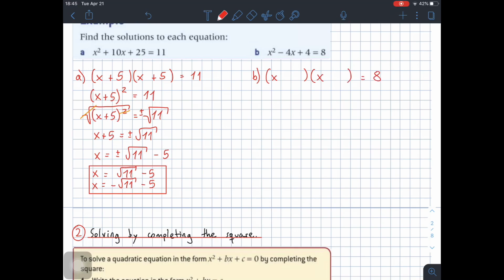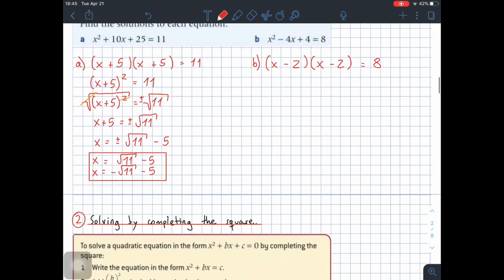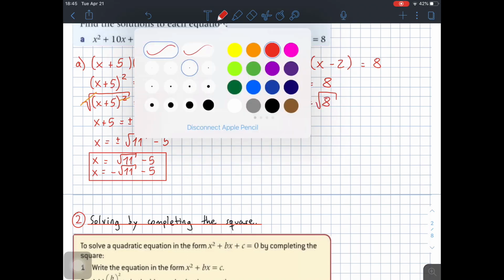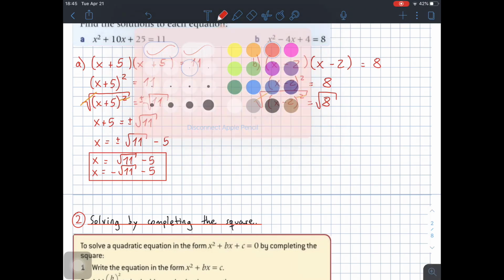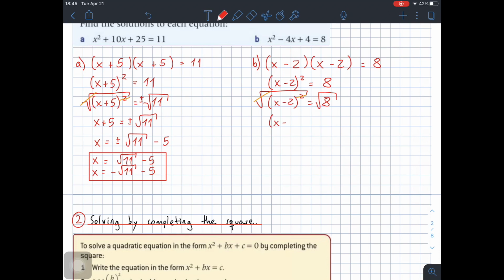So a pair of values that multiplied give me positive 4 and added negative 4. That will be negative 2 and negative 2, right? So once again, I get the same thing, x minus 2 squared equals 8. And then I apply the square root to both sides of the equation. I can eliminate the square root on this side, and I'll get x minus 2, you can just leave it